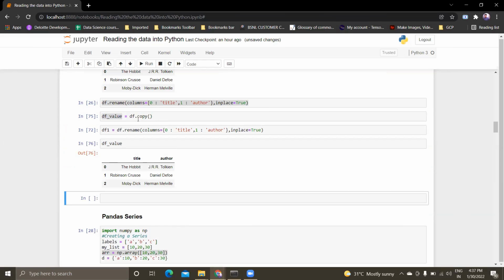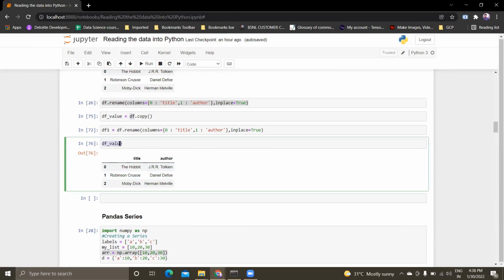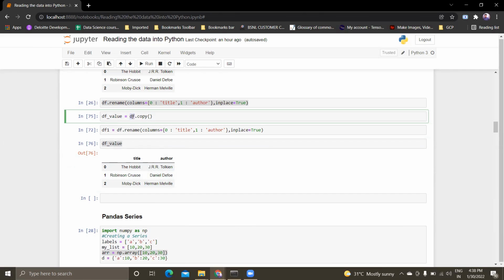If you don't want to make any data change to this data frame, but you wanted to do some EDA, or have some basic understanding of the data, you can copy this data frame to a new value and use it going forward, and you don't need to touch the original.